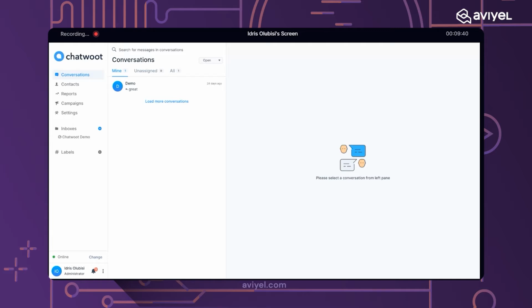In this inbox, I can assign agents. So if I have 50 to 100 people working for my company, once I spin up the company account, I can easily add them into this inbox. For example, if site A is focused on human resource management, then I can assign people from human resource management to that particular application where they can respond to chats. Then if it is focused on the finance department and we have a subdomain, I can integrate a live chat with ChatSuite on that finance subdomain application. Then I can assign people from the finance department.